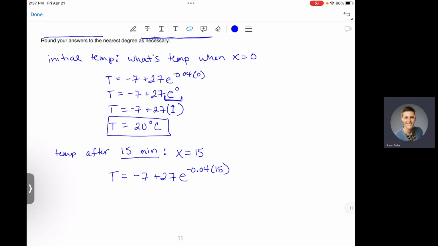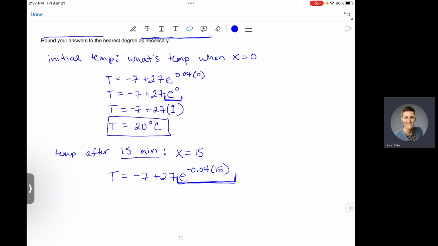Okay, so we're going to have to put this in a calculator to get a number out. And remember, e is a very specific number here. So to put this in a calculator, we're going to have to be careful. Because of rounding error, I don't want you to round e to like 2.7. You actually have an e button on your calculator. It's above the LN button. You'll see a little purple or blue e to the x. So if you do second and then the ln button, you'll get e to a power. And so we'll start here by doing that second ln, and we'll do e to the negative 0.04 times 15